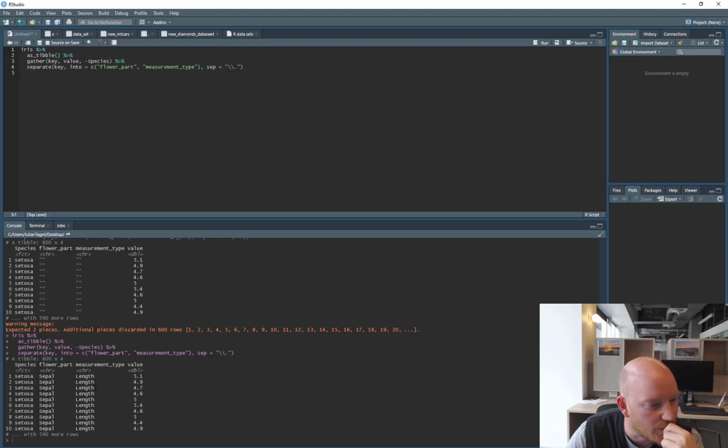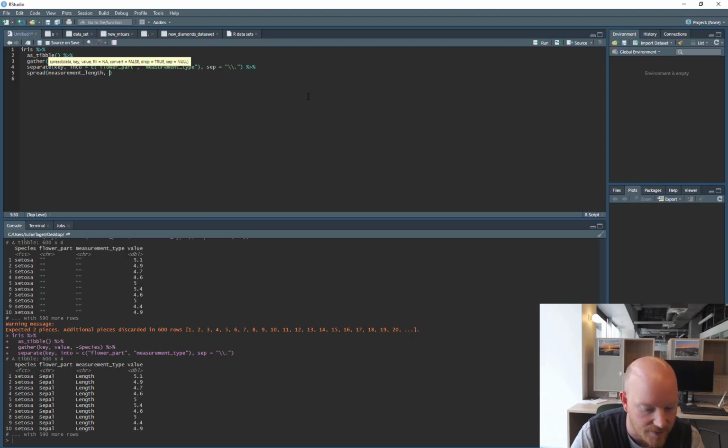There's one extra thing we want to do. So we want the length and width to be, this is generally tidy data, but we want the lengths to be up here and the widths to be up here. So we want to turn this column, the levels of this column, into separate columns. So it's actually interesting that we cannot just do this. So the opposite of gather is spread. Okay, so we want to spread the values of measurement type,